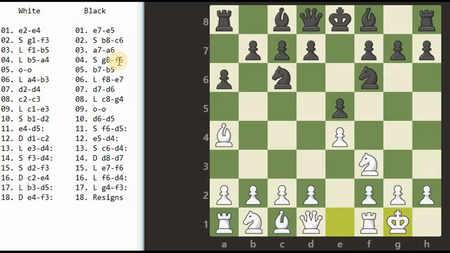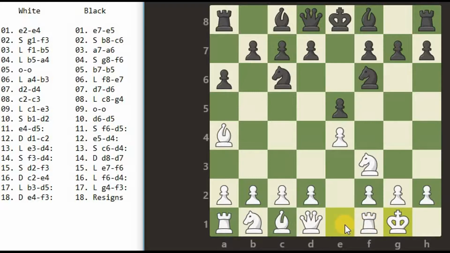Now this is the important move we have to discuss here. This is called castling. In castling, the king moves 2 steps in either direction, wherever he has to castle. Here we castled on the king's side. So the king moves 2 steps towards the king's side. And the rook moves to the square next to the king. So the rook from its initial position h1 came to f1, which is the square next to the king. So this is called castling.